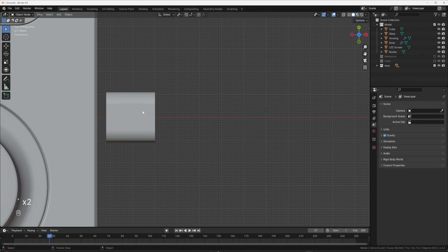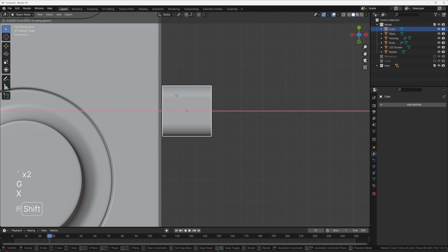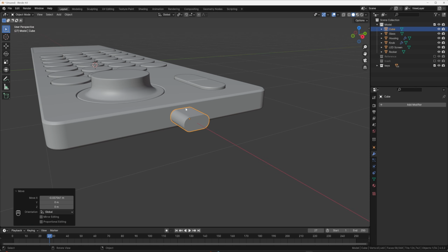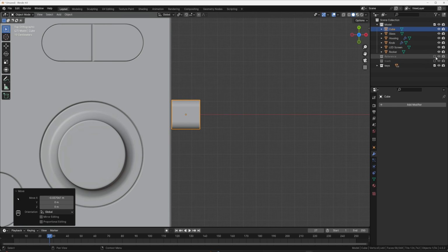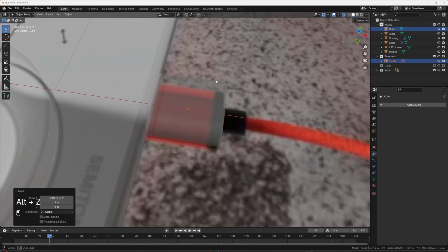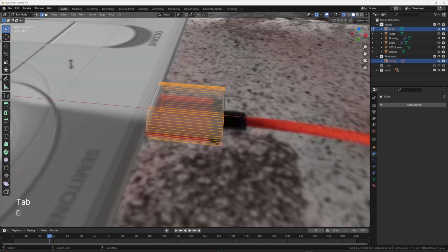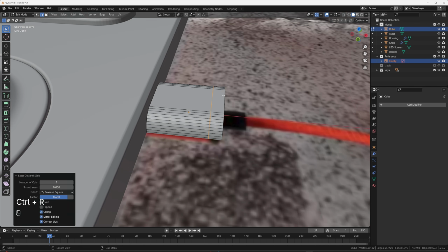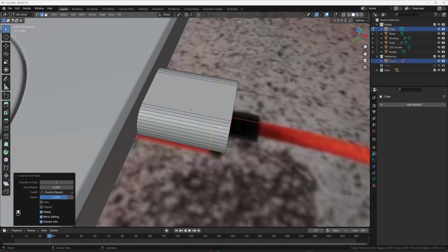That's basically that little piece. You can just bring it over. You can make this as detailed as you want. In the render that we're going to be doing, it's pretty far away, so you won't really tell. But in the top-hand view, let's turn this back on for a second. You can tell it's got this little black piece, so I kind of want to make an edge loop on this. Out of X-ray mode, Control R. Just bring it over to something that's close. And then this whole piece, if you go back, it's going to be black into this.